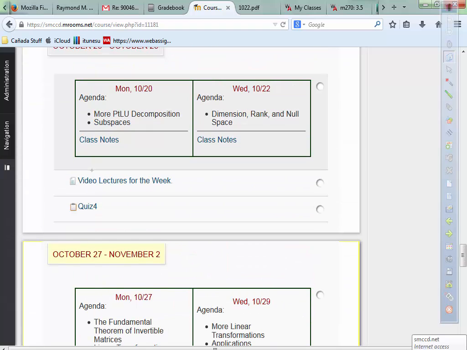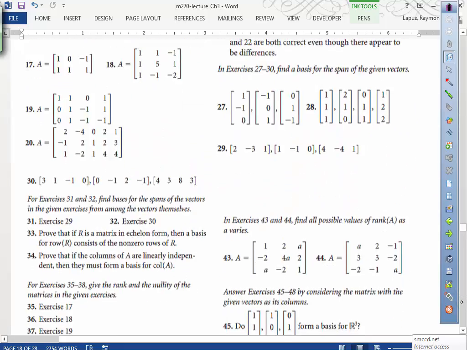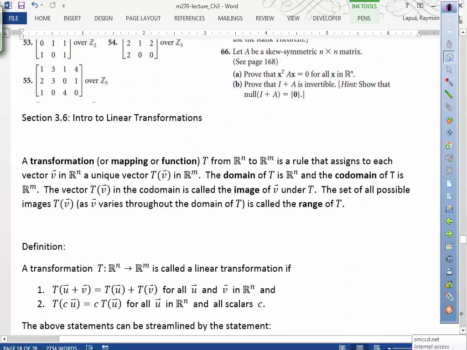I don't know. We're not there yet. I'm not going to talk about it. So that's the end of this section, finally. And our next